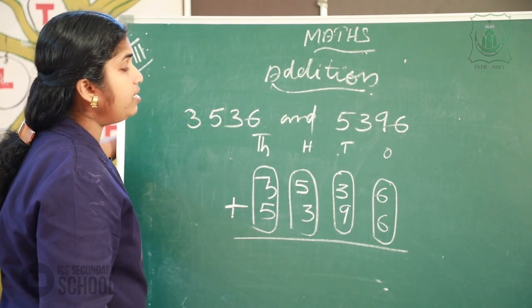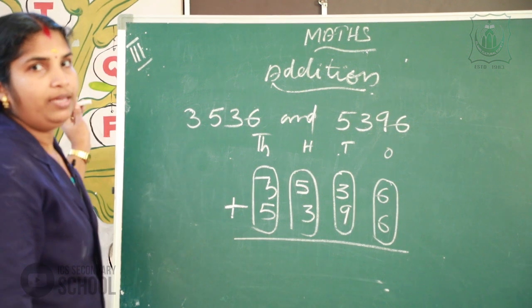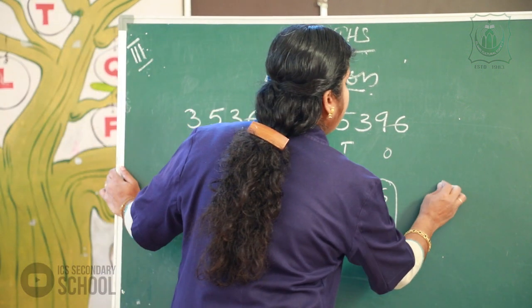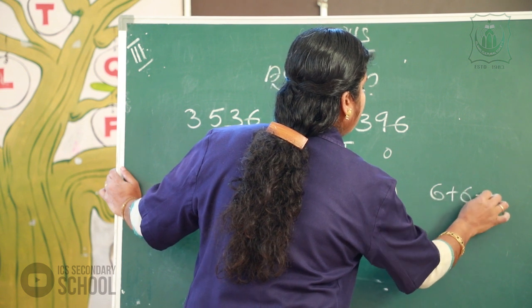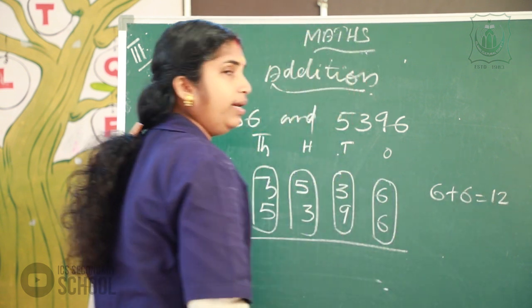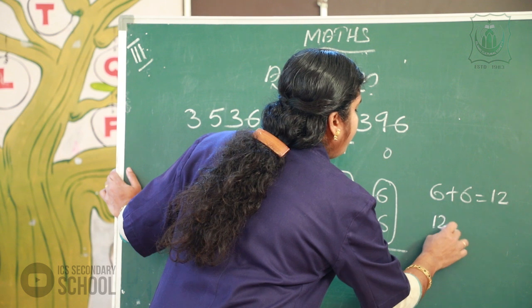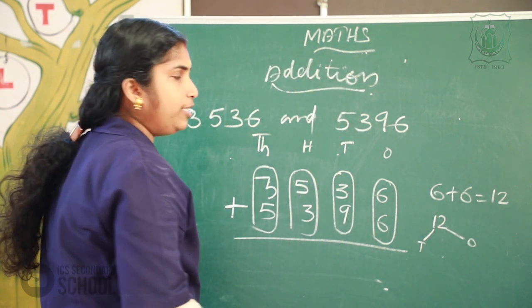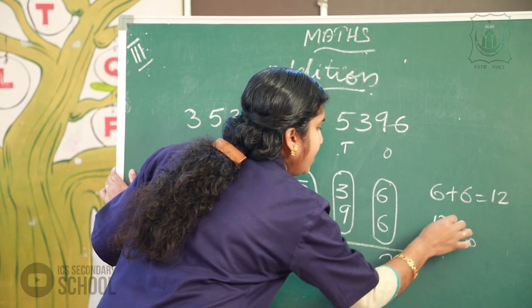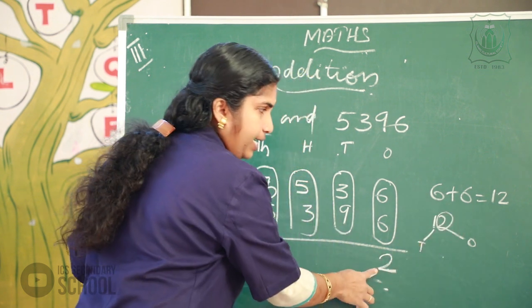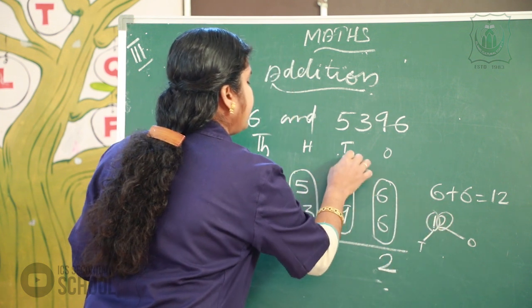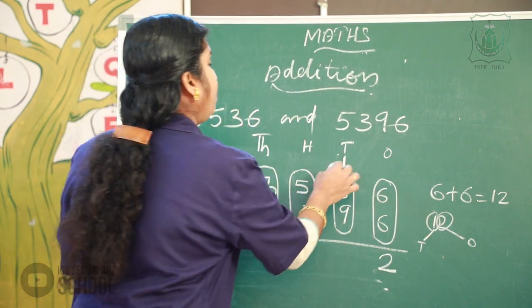Okay. Next, we start from the addition. Start from the 1's column. 6 plus 6 is equal to 12. Here, in the 12, there is a 1 place and a 10 place. We add the 2 in the 1 place. Next, the 1 in the 10 place is carried over to the 10 place.